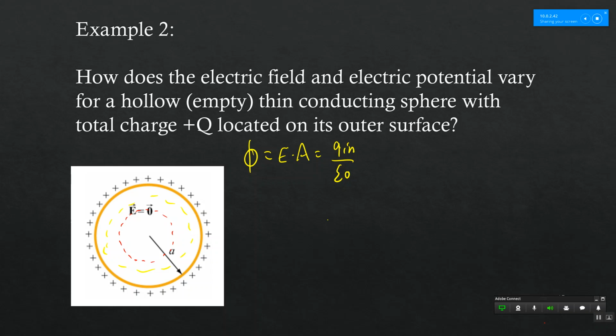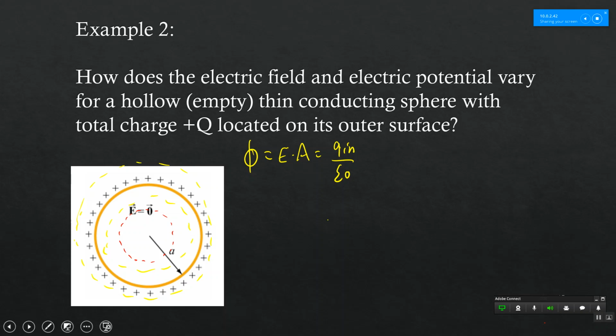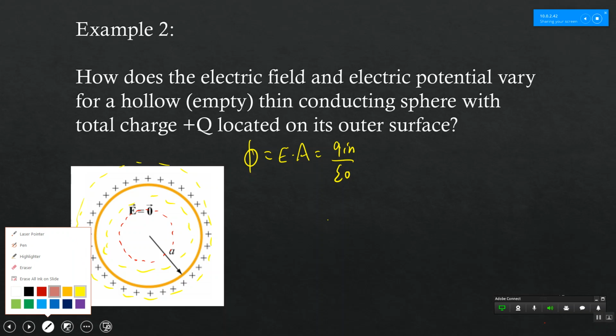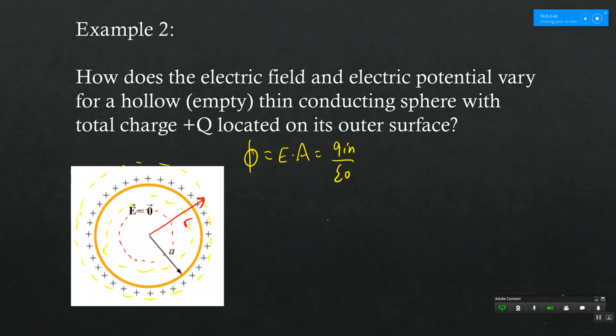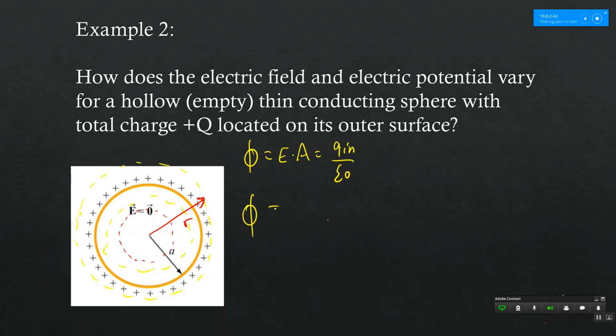And that's the same thing for the outside. If I chose the Gaussian surface outside, and now my Gaussian surface has a radius r, I can say that my flux is equal to my electric field times the area of my Gaussian surface, which is 4 pi r squared, is equal to Q inside over epsilon naught. And the electric field on the outside of my sphere is going to be kq over r squared, just like